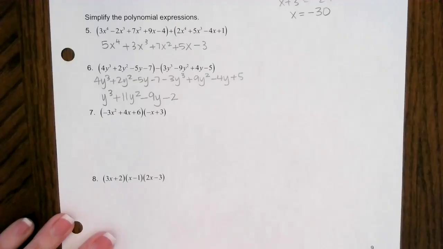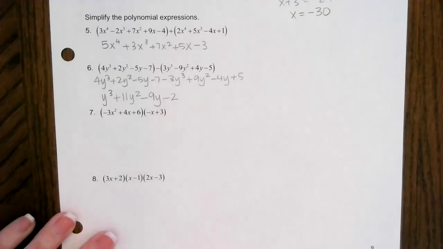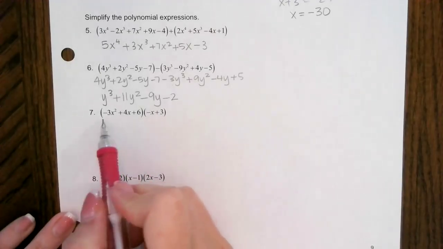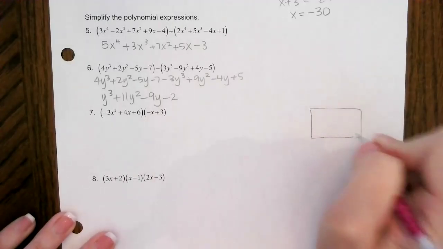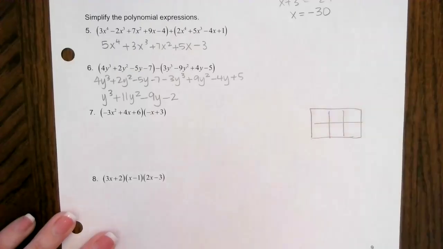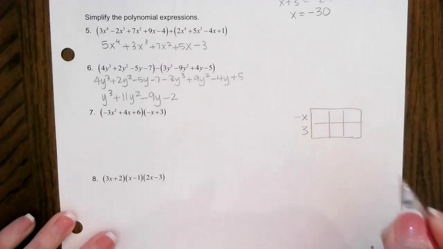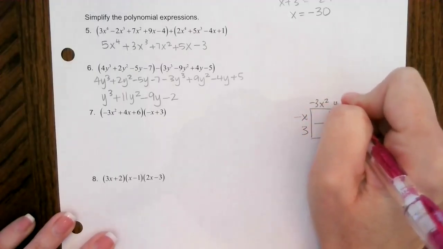And so a lot of you guys in Algebra 1 learned to multiply with the box. So you can still do this with a box. You would need a box with 2 for this one and a box with 3 for this one. In other words, it would look like that. And so you would have the negative x plus 3 on this side, the negative 3x squared plus 4x plus 6 on this side,